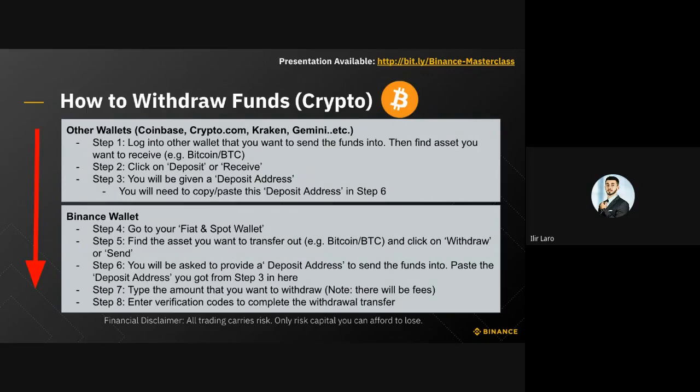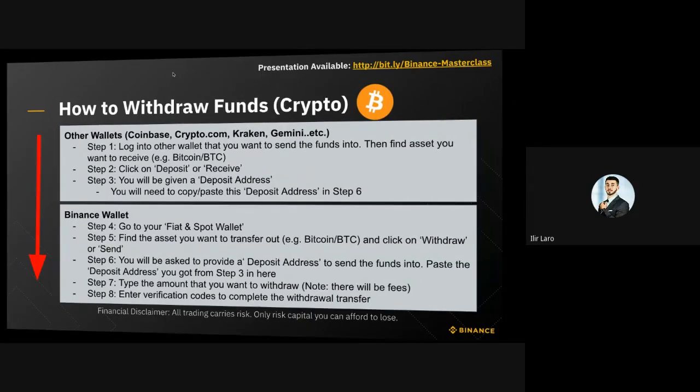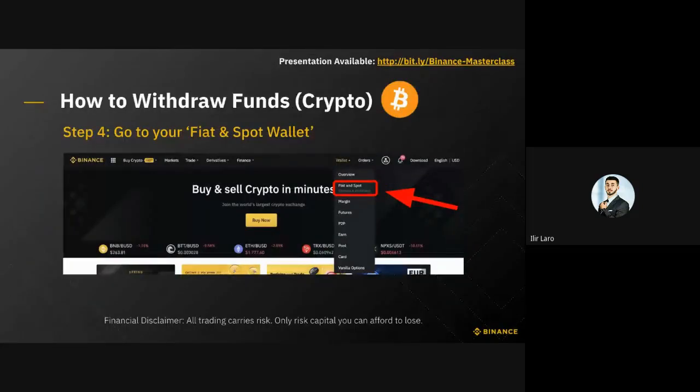So once you've completed the first 3 steps, you then go to your Binance wallet, you find the asset that you want to transfer out, click on withdraw. Then you'll be asked to provide a deposit address. You then use the deposit address that you got from your other wallet into here, and then you enter the amount, and then you enter the security codes to complete the withdrawal transfer. Now, it's kind of long-winded, but I'll give you a step-by-step guide. So providing you've done the first 3 steps,